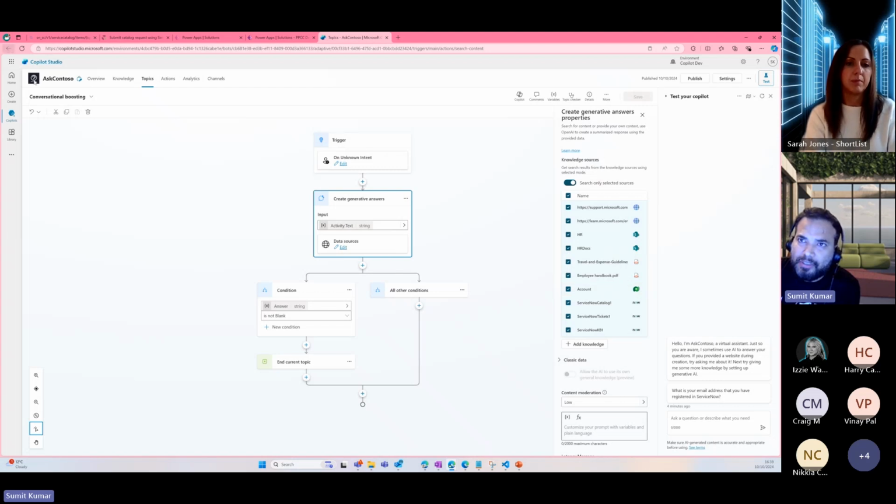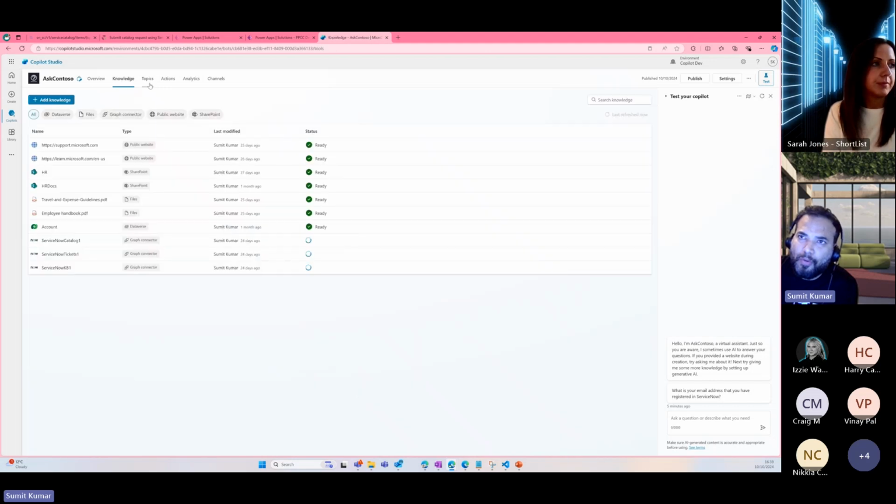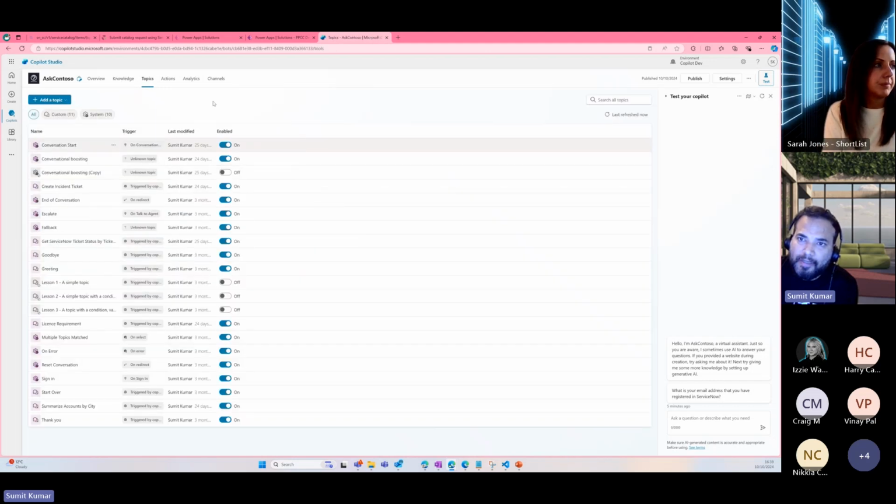But this is something I would suggest everyone take a look at, because remember, we are in that Copilot era. Earlier, if you have worked in Power Virtual Agent, we literally had to code all the conversational journey. So what Microsoft recommends is you no longer have to do it. Again, for topics, if you want to have full control of how your experience would be, then only you